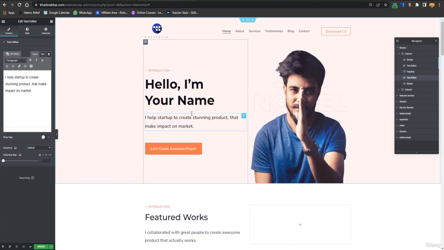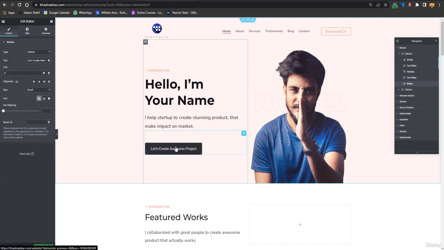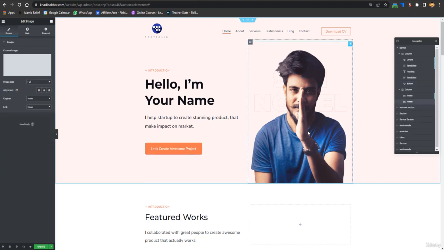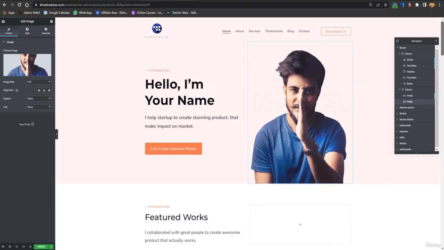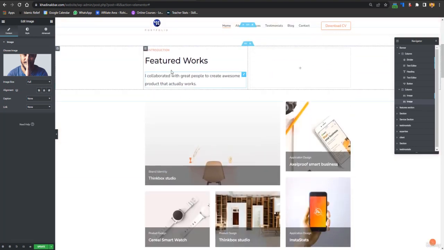Here you have to enter anything about yourself, and here you can add your Calendly link or your contact link or any other link. Then here's your picture. Here you can replace and add a picture of yourself with removed background or white background kind of thing. And then I think this section is done, and then is featured works.